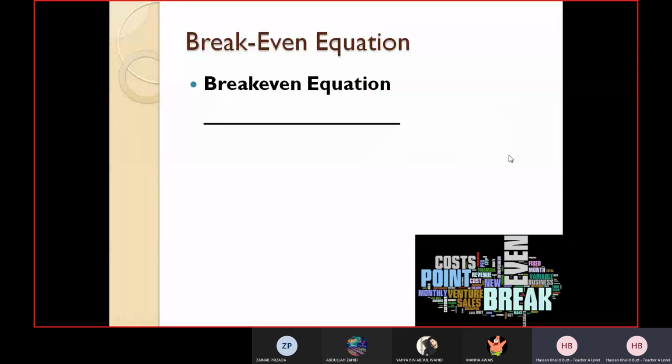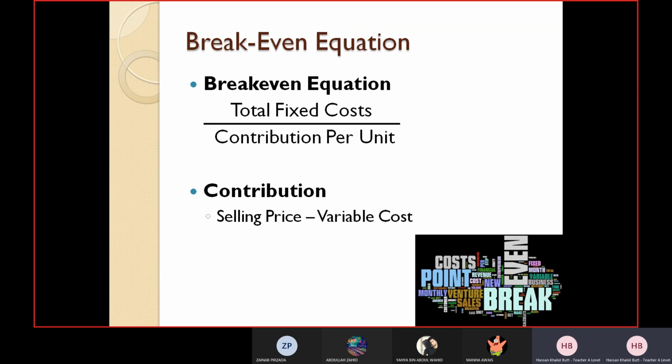Yeah, so we covered that break-even equation or the calculation method, that is total fixed cost over contribution per unit. We covered that, okay? And what is contribution? Contribution is selling price minus variable cost. Okay, so I told you contribution is not the same as profit. Do you know why? Because we have to subtract another cost from the selling price, and that is fixed cost, because cost has two elements, variable and fixed. So when we subtract fixed cost, we'll get profit, right? When we subtract variable cost only, we get contribution.